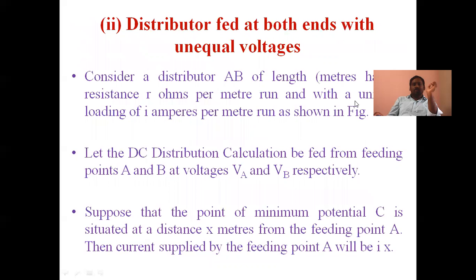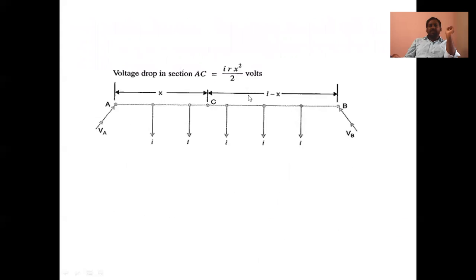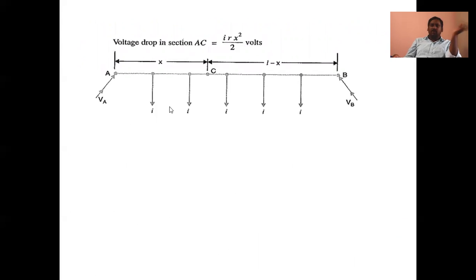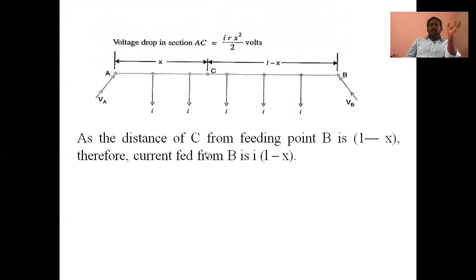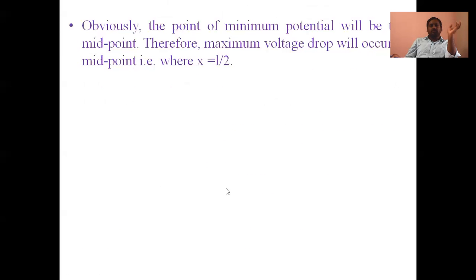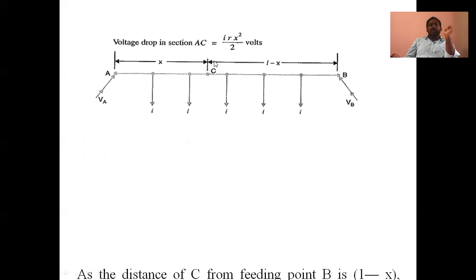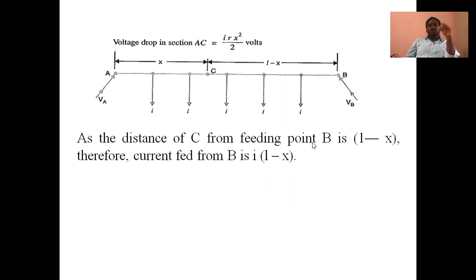So this is unequal. After completion of this, we can do a problem. This is unequal voltage. See here now. This is unequal voltage. Previous one is equal voltage. So unequal voltage means what happened there? It is not allowed. For equal voltage there is not at all a problem in taking IL/2 directly. But here, unequal voltage means what happened?